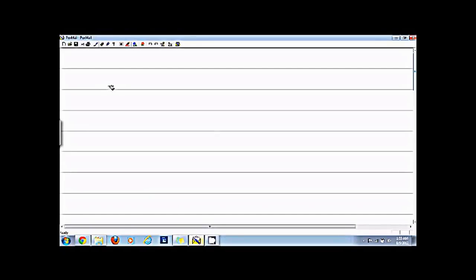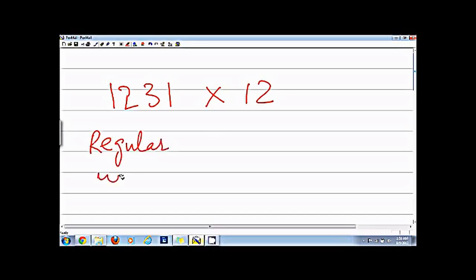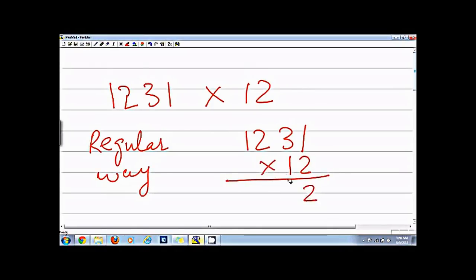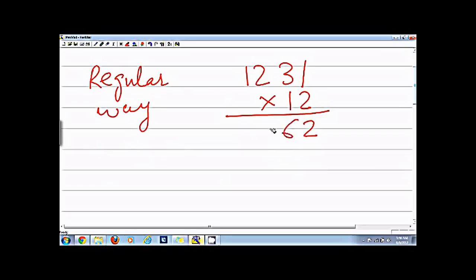Hi everyone, in this tutorial I will show you how to multiply a number by 12 in a quick and easy way. For example, I have 1, 2, 3, 1 and I want to multiply it by 12. So the regular way will be to write 1, 2, 3, 1 and then multiply it by 12. So in this case I will say 2 times 1 is 2, 3 into 2 is 6, 4, 2, and then I say 1, 3, 2, 1, and then I will say 1,